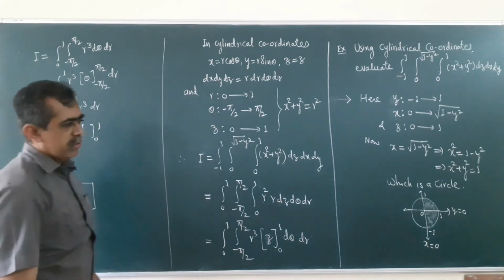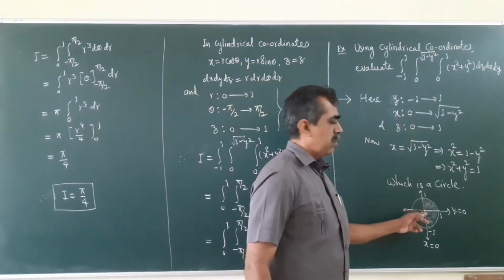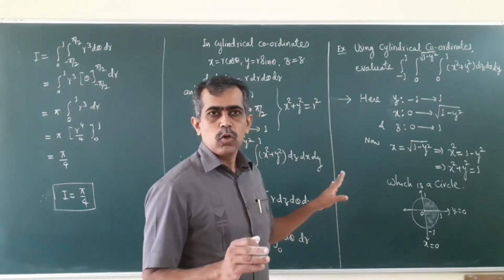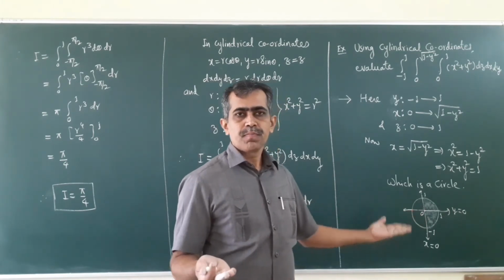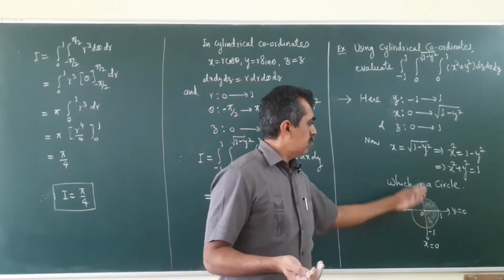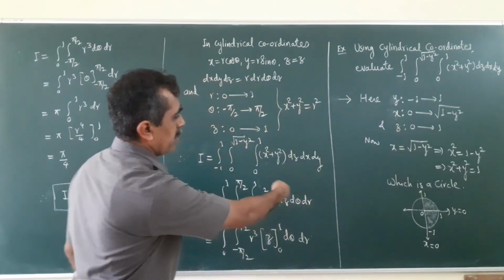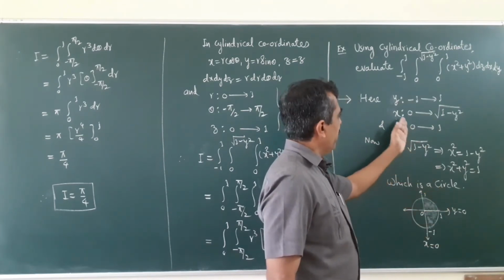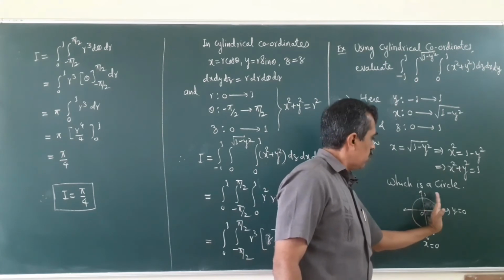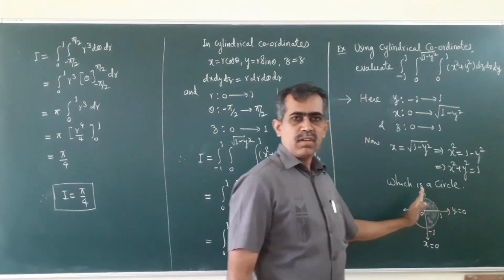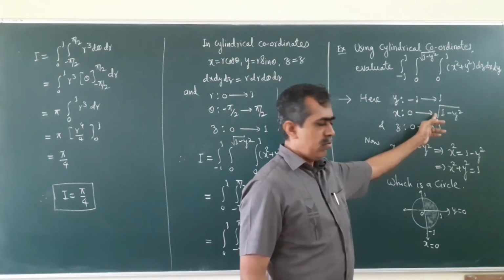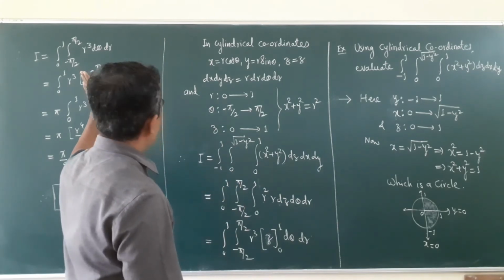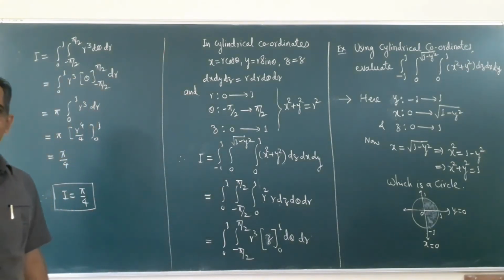Okay. So, just remember to find the limits of r and theta, you see what is the base of the object, how is the base of that object in the xy plane, that will give you r and theta, right. So, thus we have found the limits of r and theta using the base, because y runs from minus 1 to 1, x runs from x is equal to 0 up to the circle, and it is the positive square root. So, therefore, the right hand semicircle will be the base of the object, and this will give you the answer of the given problem.